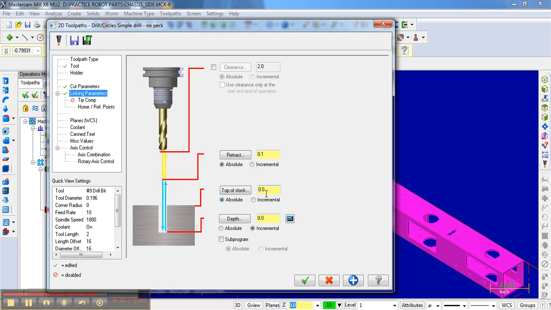The top of the stock is typically always at Z0. And then we go to depth. Again, click absolute. And depth is going to be in the negative direction. You don't want to go just the thickness of the material because you have a pointed bit. And so, in fact, I go quite a bit deeper. I go, in fact, at least 1/4 inch for 1/8 inch material, maybe even a little bit more. So maybe like 0.3 inches would be fine. So negative 0.3 inches, and then I can hit